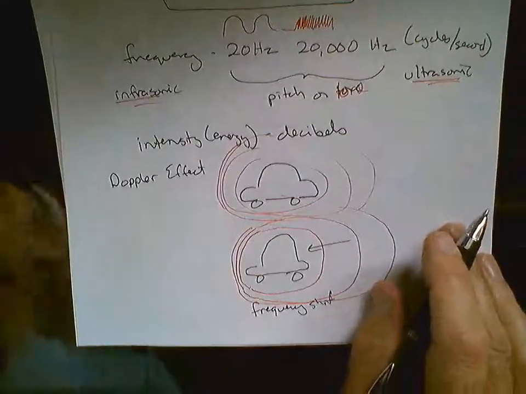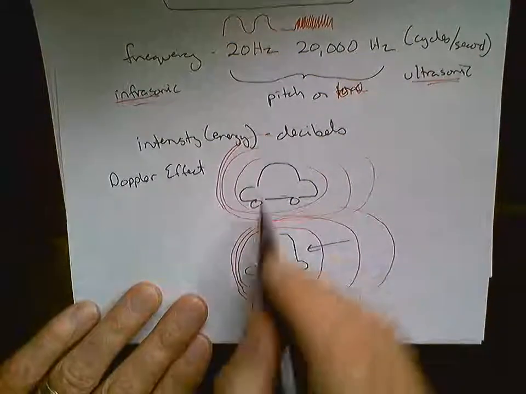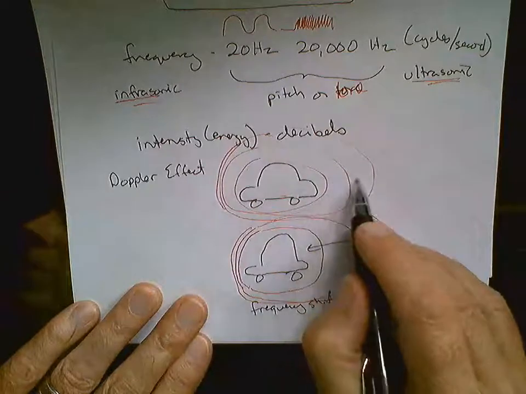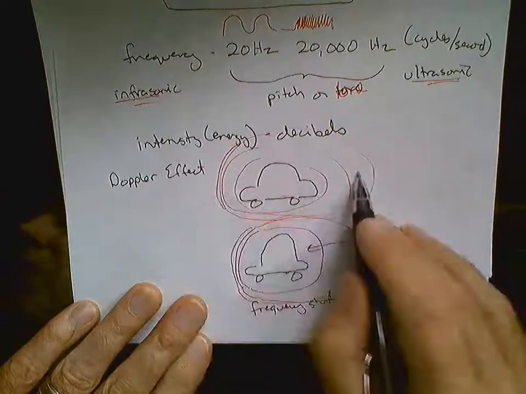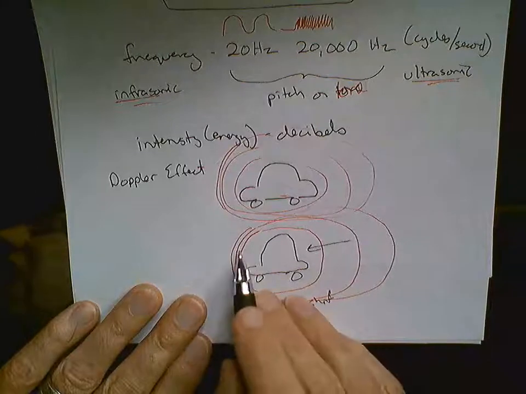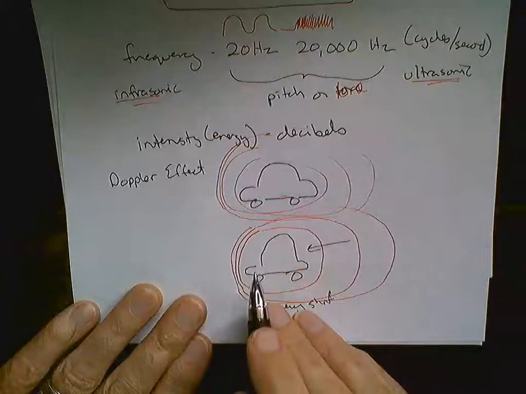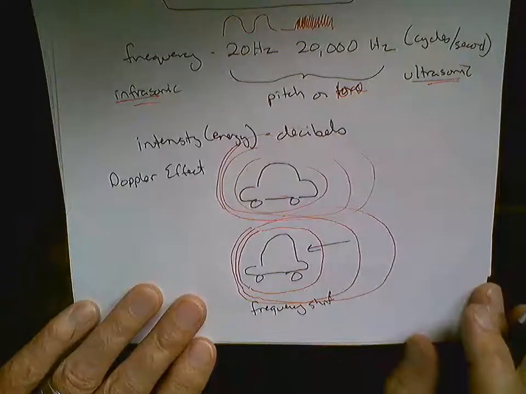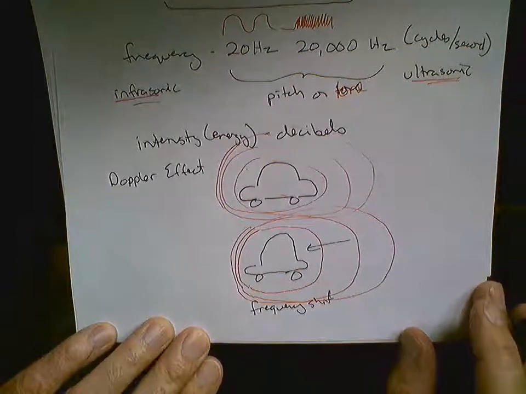I highly suggest you look at videos of Doppler effect because I butchered this drawing so badly. These lines are supposed to be the same distance apart in the front and the back before it's moving, but if a car is moving faster, the faster it moves, the more we put these sound bars together, they get compressed all together, and we get what's called the Doppler effect.